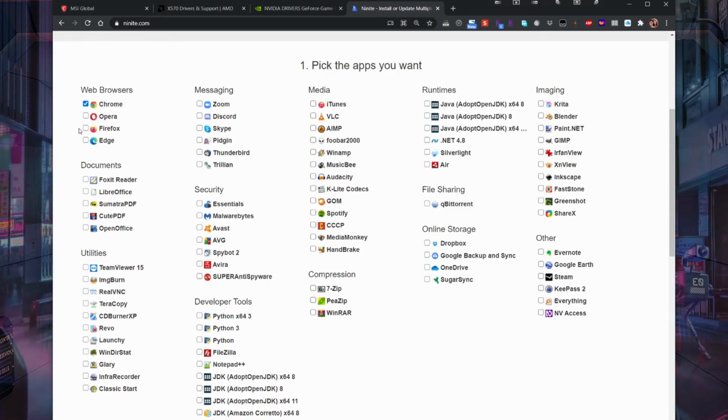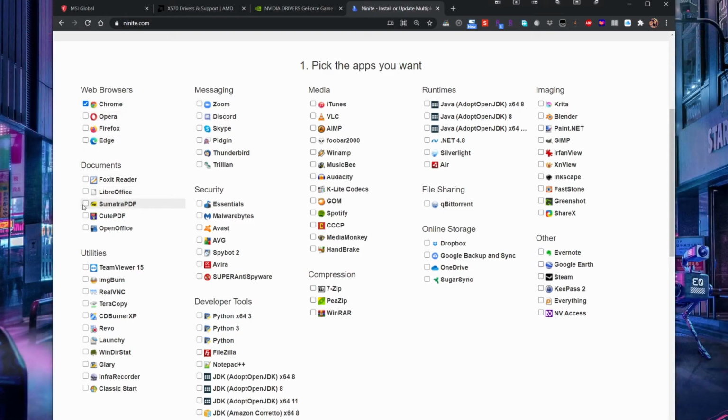Okay, so for me, I choose Chrome as my browser, and I don't use any of these. These are for Microsoft Office productivity suite equivalents. For utilities, I usually download WinDirStat to check my file system, the Glary tools to check my general utilities, and since we are already in a pandemic, I need Zoom. If you need Discord, you can download that. And for security, usually I use Avast. You can opt to choose other